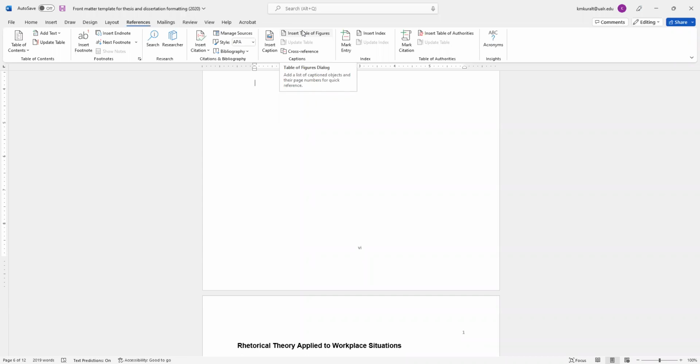So once you understand how that works, you can save yourself an insane amount of time trying to type those pieces, and you can have Word generate them for you. And that is pretty much all I needed to show you today.